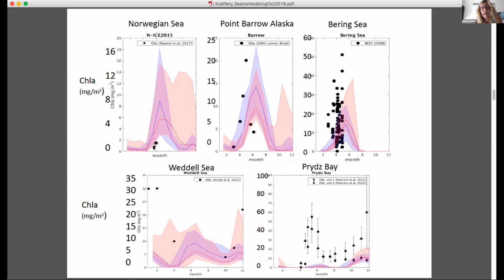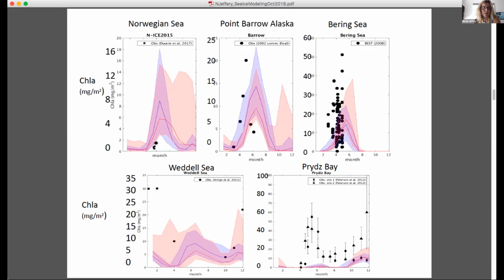So here's an example of how, after doing a simulation, we turn around and get an assessment of whether we're doing the right thing. For the sea ice biology, we don't have satellite observations to tell us what's going on throughout the whole system. So we have to use field observations, which are very, very valuable, but you're looking at different points in this global system. I have 3 different points that I'm looking at.